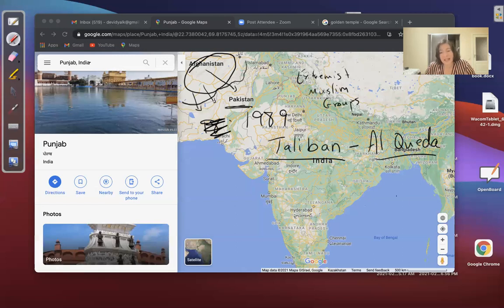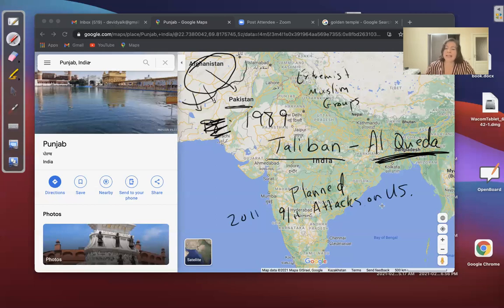But then Al-Qaeda planned the 9/11 attacks on the United States. So the 2001 9/11 attacks were planned by these extremist groups in Afghanistan. When that happened,